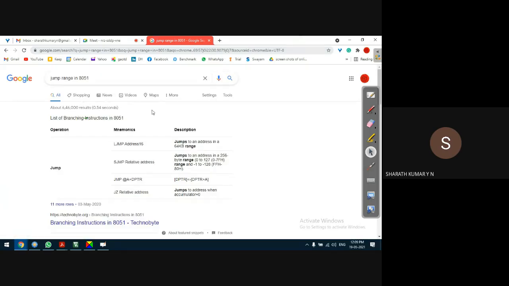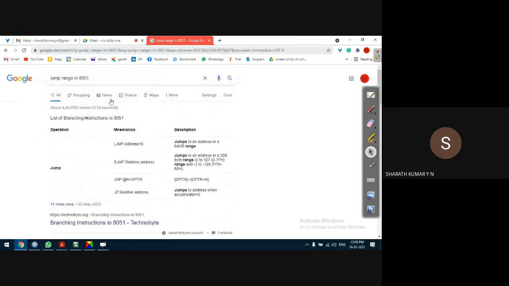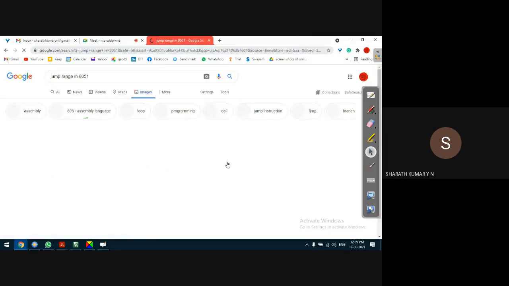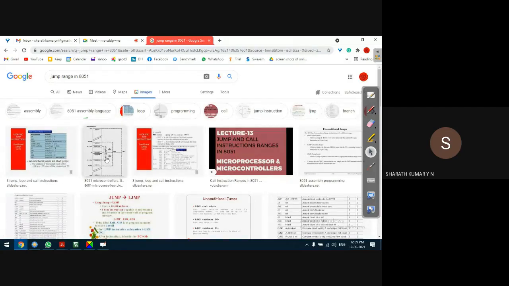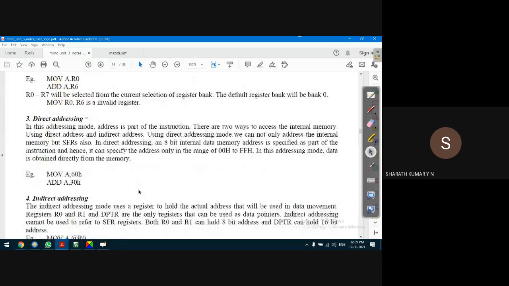There are images. Usually it comes with the images, no? Sometimes I will not get more images. I'm looking for that. Yeah, here it is. This is the diagram. I don't know why this is there in the Mazidi book, but it's not there in these notes. I think I forgot to insert that range.